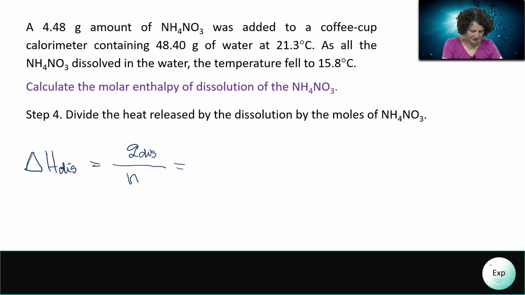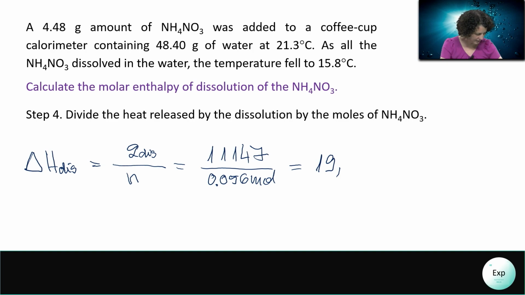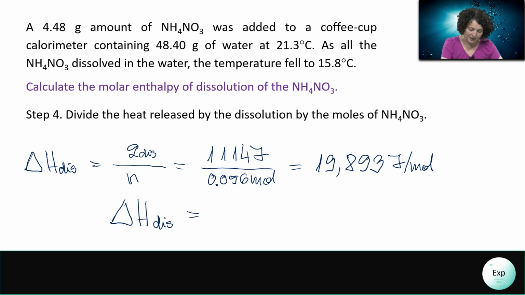For us, that means 1,114 joules divided by 0.056 moles. And if we calculate the value, it is 19,893 joules per mole. We should convert this to kilojoules per mole to make it a more manageably sized number,